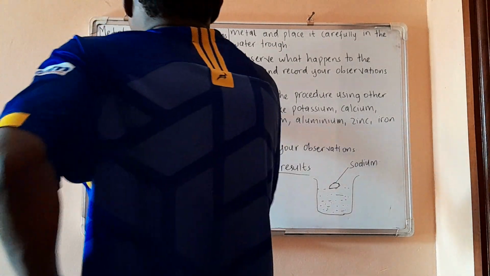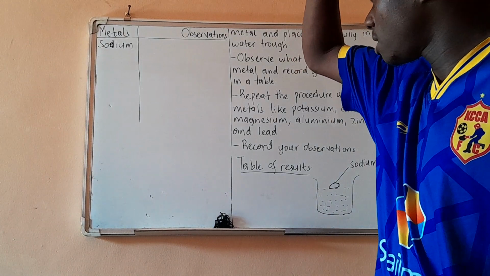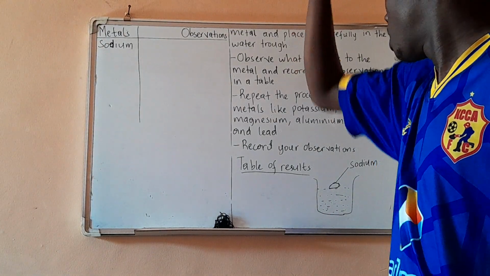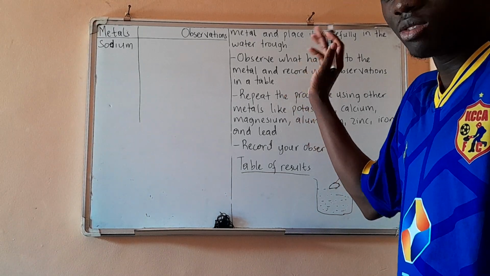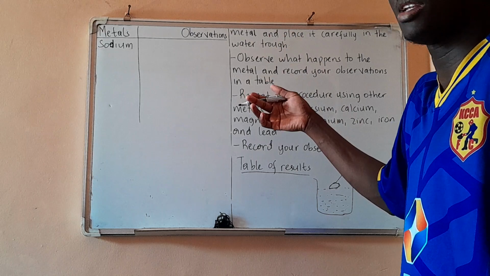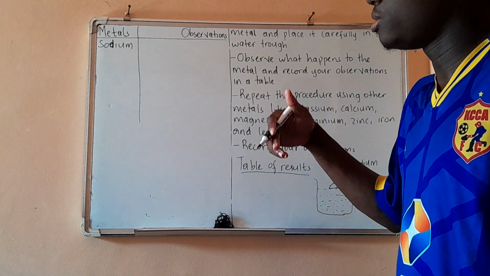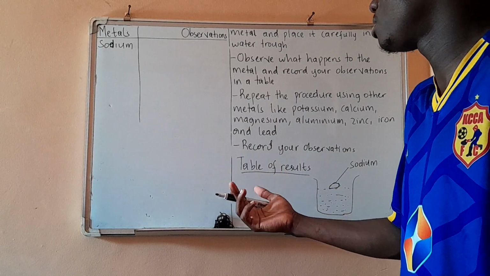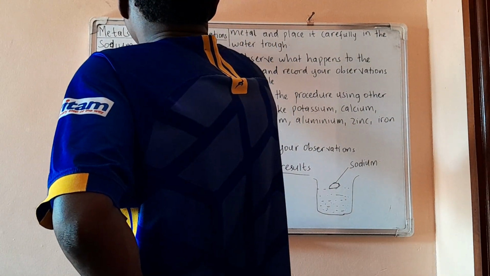You can watch the previous sessions, the practical bit of this. Here I'm just trying to go through the theory, but I've uploaded the practical bit. So go through this theory, then watch the practical sessions. So this sodium is going to melt